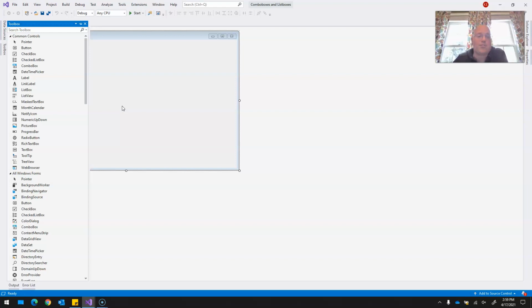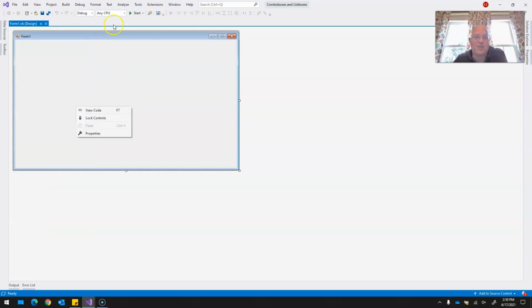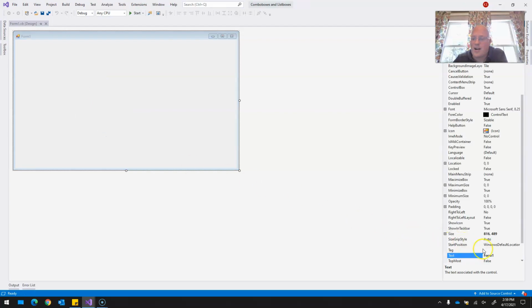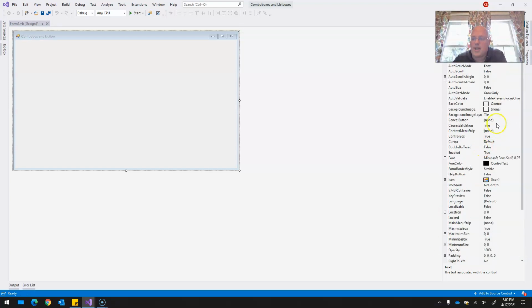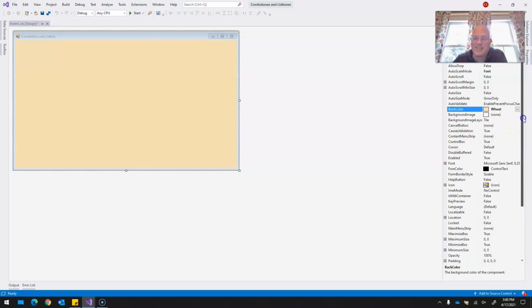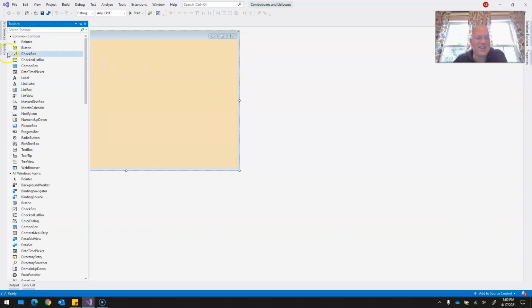What I'm going to do first, before I do anything else, I'm going to have a project here. I called it Combobox and Listbox. Let's just do what we always do. I've got my text, Combobox and Listbox. We'll make the background color something exciting, like wheat. Nothing says exciting like wheat. And then, after we get our text in our wheat, or whatever color you pick, I'm going to go to